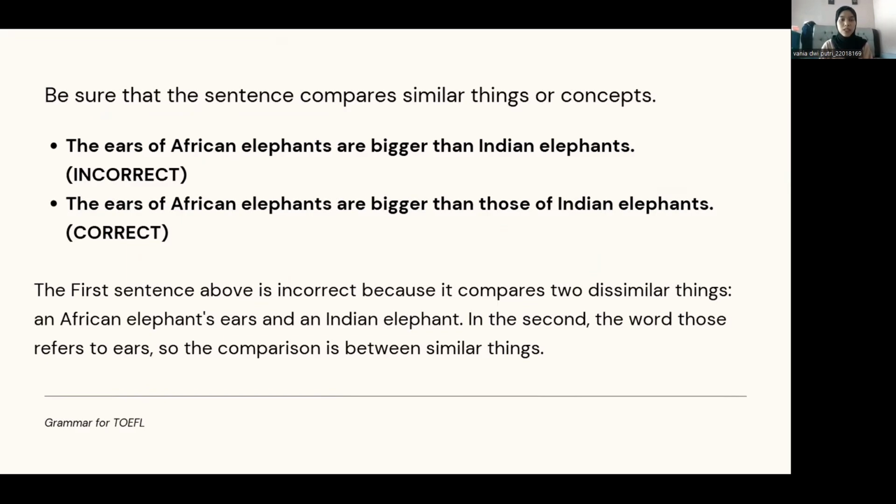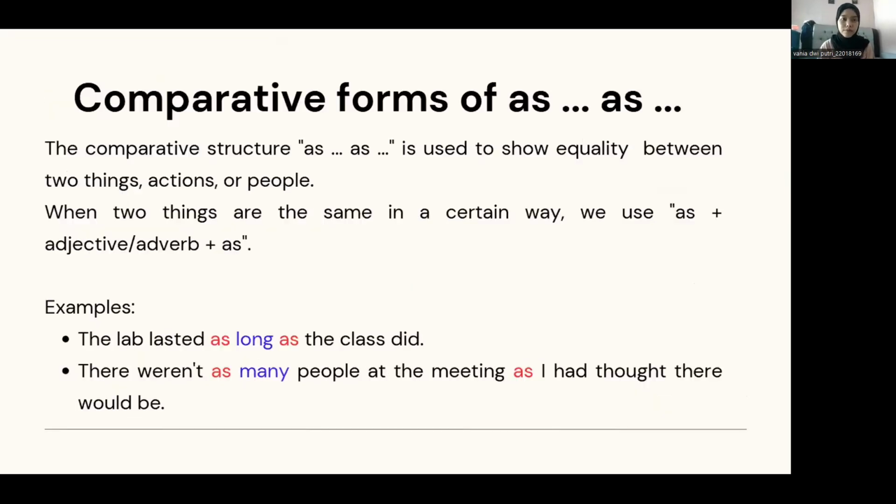when comparing, make sure that you are comparing the same or similar things. Example like this: the ears of African elephants are bigger than Indian elephants. Before we talk about that, let's look at the correct one. The ears of African elephants are bigger than those of Indian elephants. The first is incorrect because it compares two dissimilar things, African elephant ears and Indian elephants. Meanwhile, in the correct one, "those" refers to the ears, so the comparison is between similar things. Okay, now